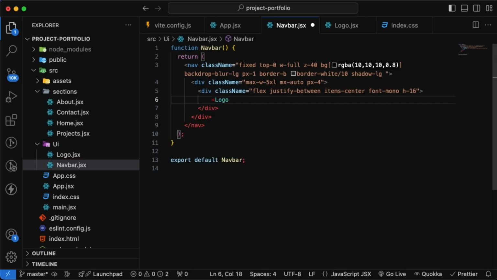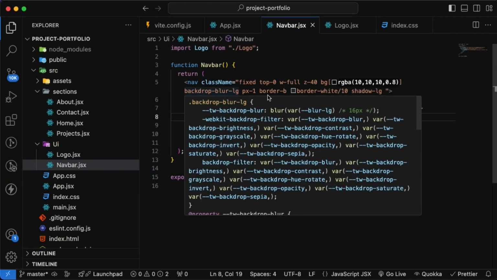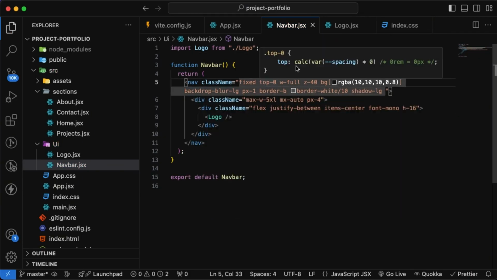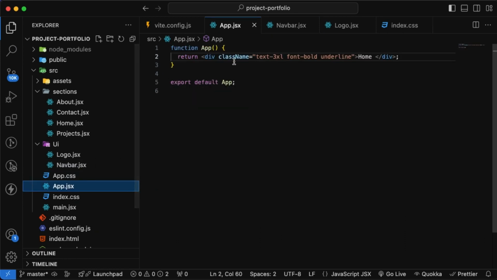So let's call our logo component. Here we go. It will be imported in our navbar component at the top. And in order to see how our navbar looks in our web page or website, we have to call our navbar also in the main component, because this navbar will be the child component